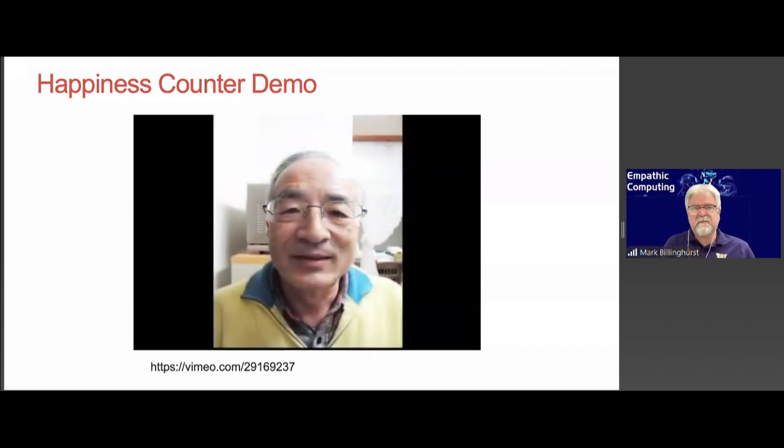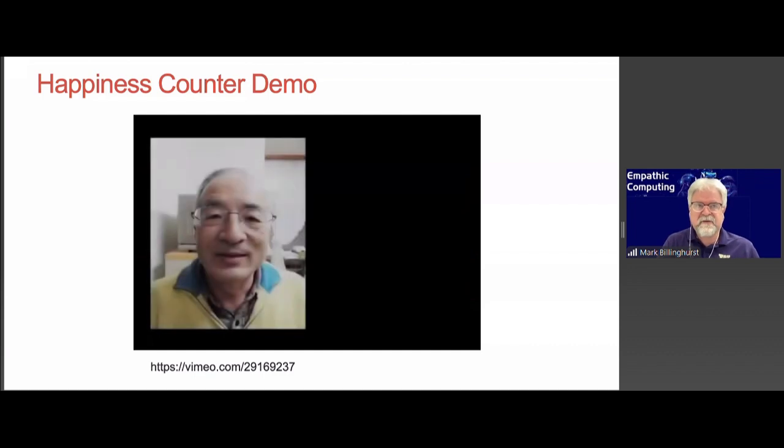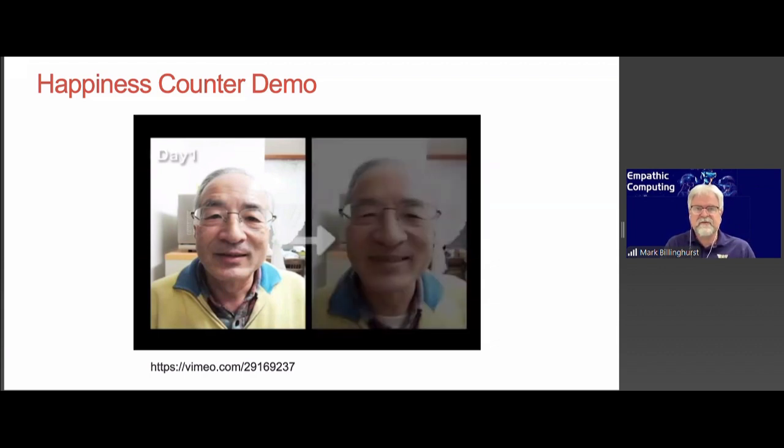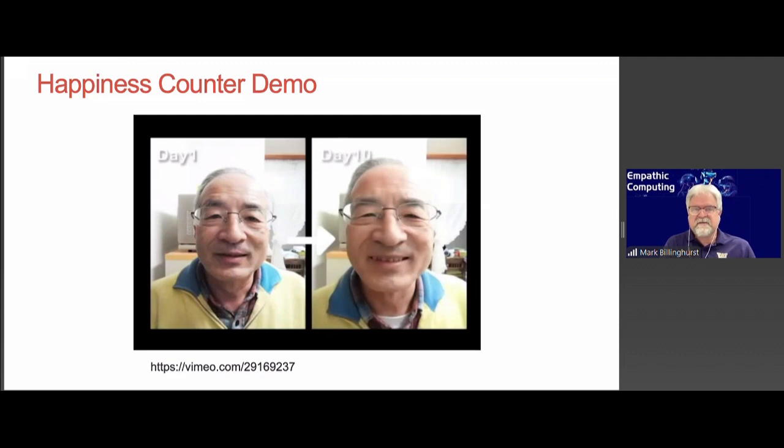This is the before picture. So actually not too grumpy. Looks kind of average looking there. And then he used the fridge for several weeks. And then you can see on the right hand side, this is what he looked like after using the fridge. This is 10 days after using the fridge. So, being forced to smile to eat made him look a little bit happier.